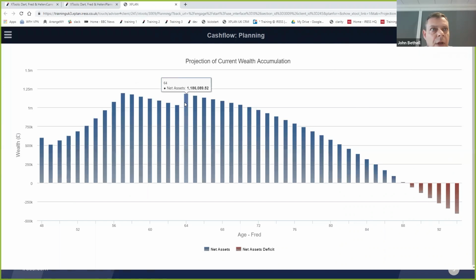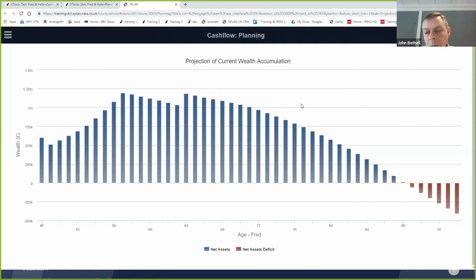Some of the graphs can get very complicated, and my experience having rolled this out to something like 200 advisors is to say, certainly in the early stages, if you're not doing interactive planning at the moment, take it gently. Start with basic graphs like these and then move to the more complicated ones later. So that's the Engage tool. We've looked at how you can use that in terms of calculating and working out your client's needs.